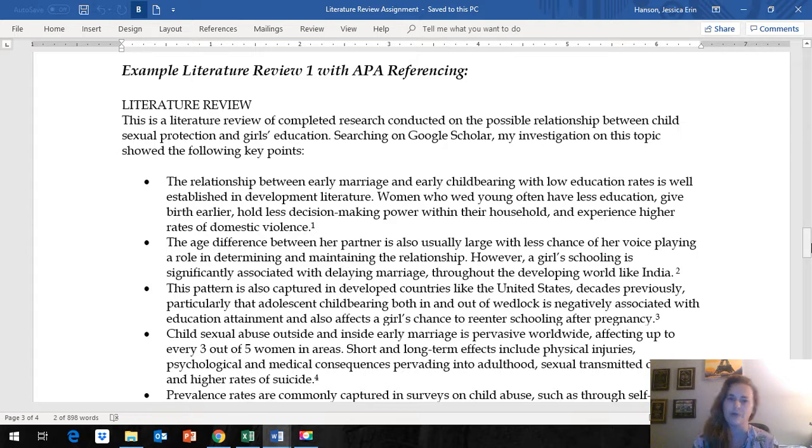Again, you don't need to do it perfect. For some of you, it's your first time. This class is just trying to get you to try new skills. So, if you'll look at the literature review, I'll use the arrow. This literature review,